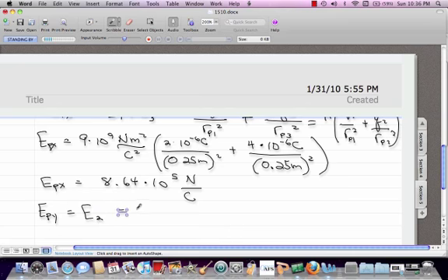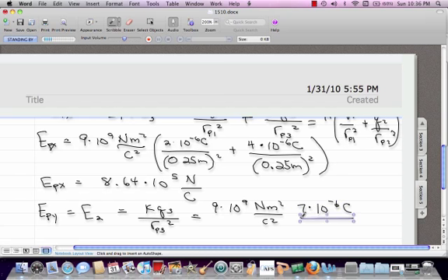So here I'm going to have KQ2 over RP2 squared. And that's equal to 9 times 10 to the 9th Newton meter squared per Coulomb squared times 7 times 10 to the minus 6 coulombs over,